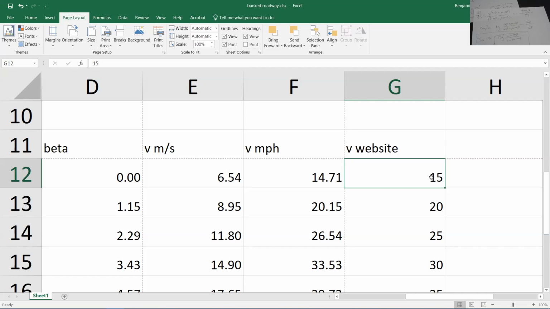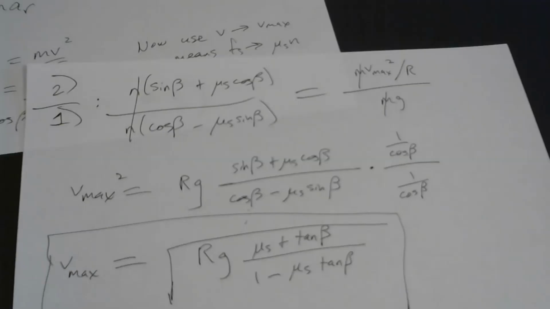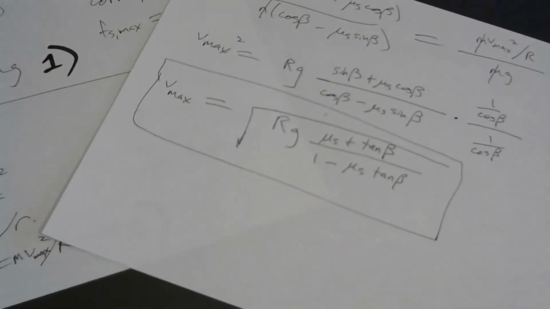Okay, the last thing I'd like to look at is the minimum possible speed. We've calculated the max speed, but is there such a thing as the minimum speed? If you were to drive too slow, would bad things happen? Let's go back to the notes here and make a clever observation. Let's see, stop share. Okay, if I return to the free body diagram,